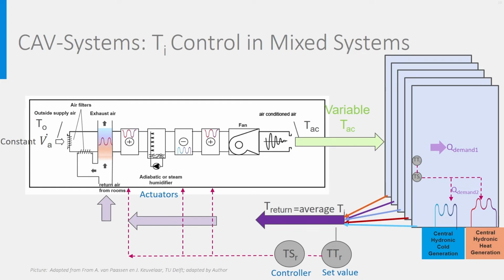What happens now when there are many rooms? Well, the same as before, there is a central control on the average return temperature in the main duct. Here too, it is important to design a zone with rooms of similar demand, but this time that is more in terms of energy than in terms of comfort. The comfort will be quite okay because of the room's hydronic systems, while energy may be wasted.